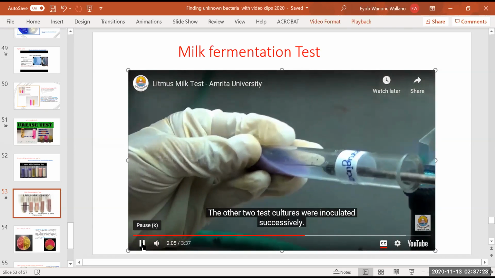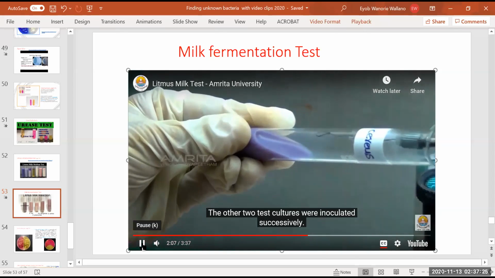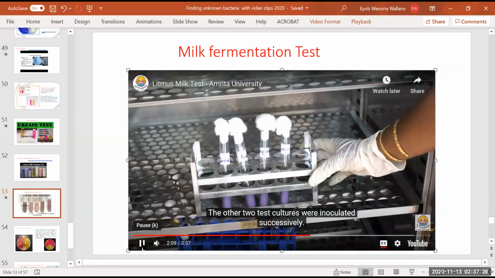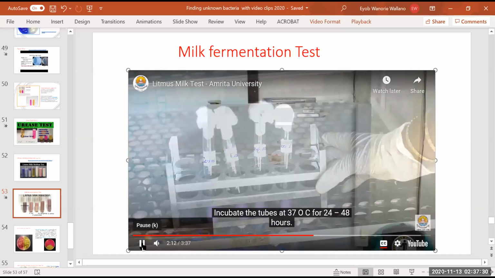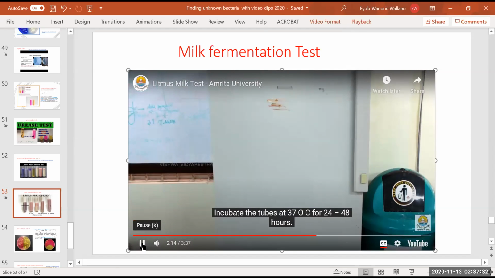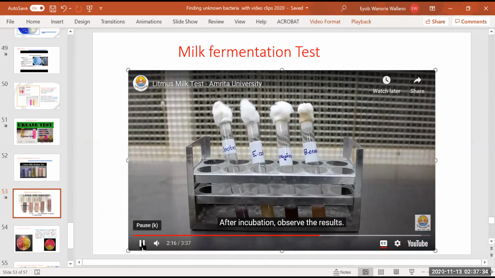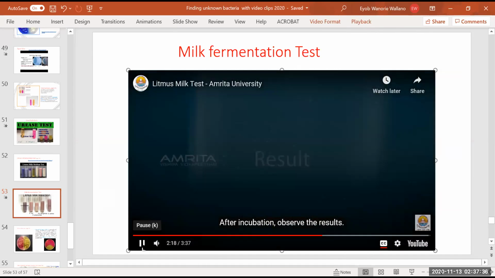The other two test cultures were inoculated successively. Incubate the tubes at 37 degrees Celsius for 24 to 48 hours. After incubation, observe the results. Result: